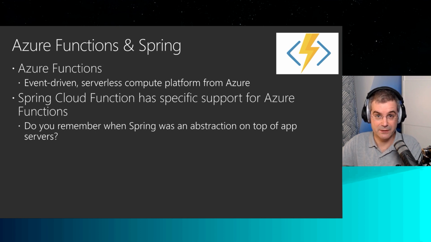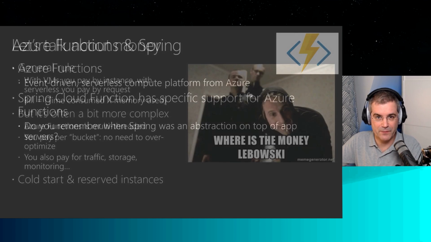Well, with Spring Cloud Function, it's the same thing. You've got an abstraction on top of your cloud provider, so you can develop your application using the Spring ecosystem, using the Spring API, and then you've got very few APIs which are specific to your cloud provider, so that allows you to be more portable. And as a developer, that's something I like. Of course, you still need to know how your cloud provider works in order to optimize your cost and your performance, but that's another story.